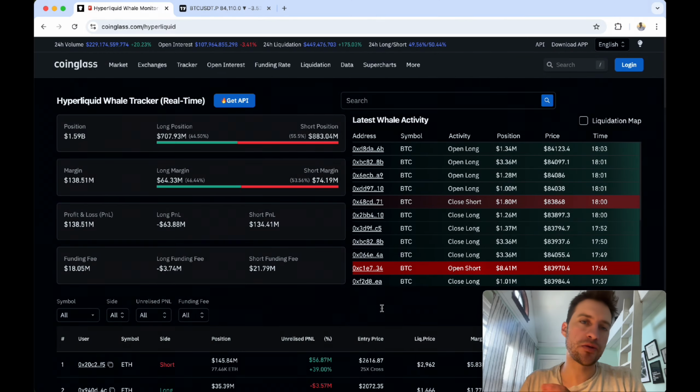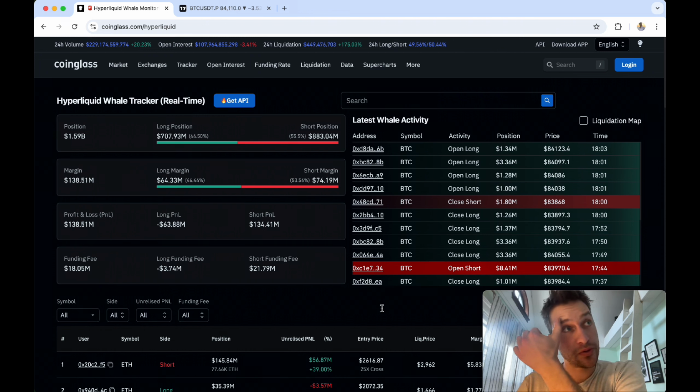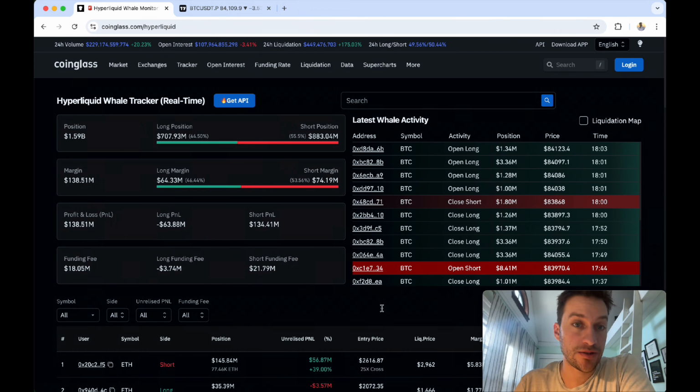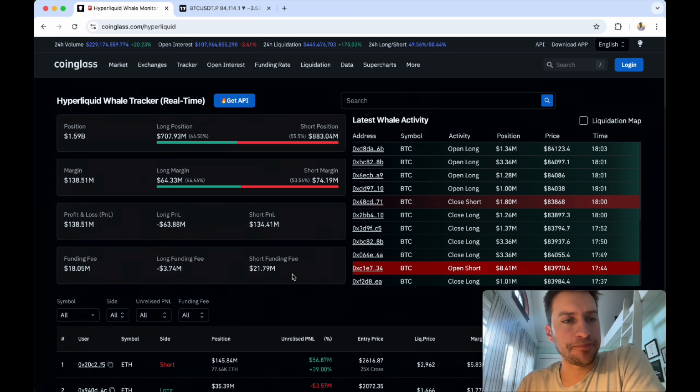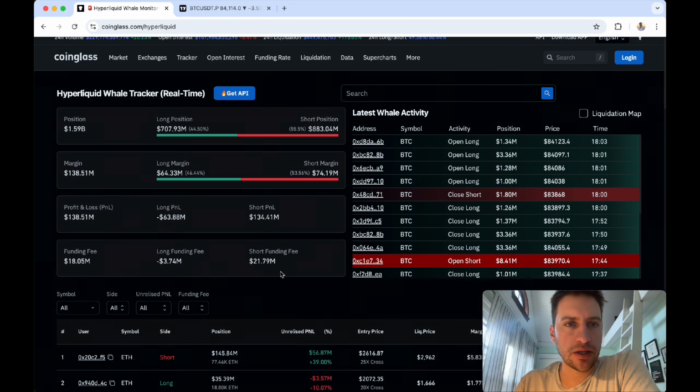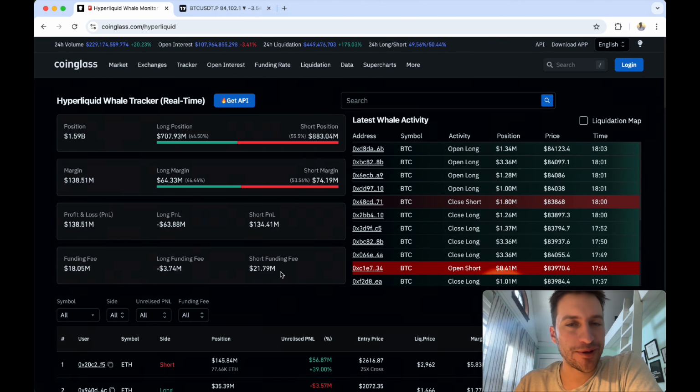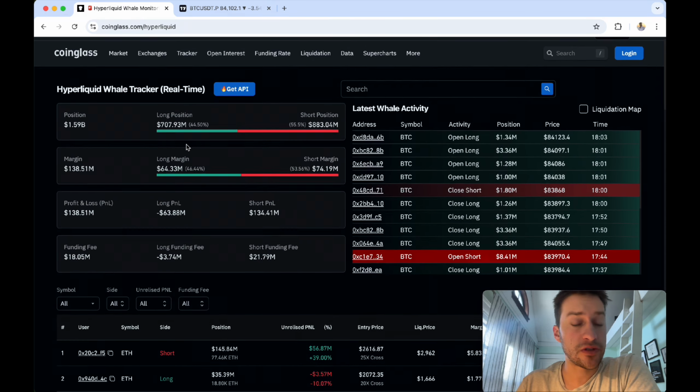Welcome to a quick tool that is going to give you access to exact liquidations for different assets on Hyperliquid. Let's dive right in. First thing I want to talk about, because I want to keep this video quick and to the point with a ton of alpha, you can see here these are the long positions versus the short